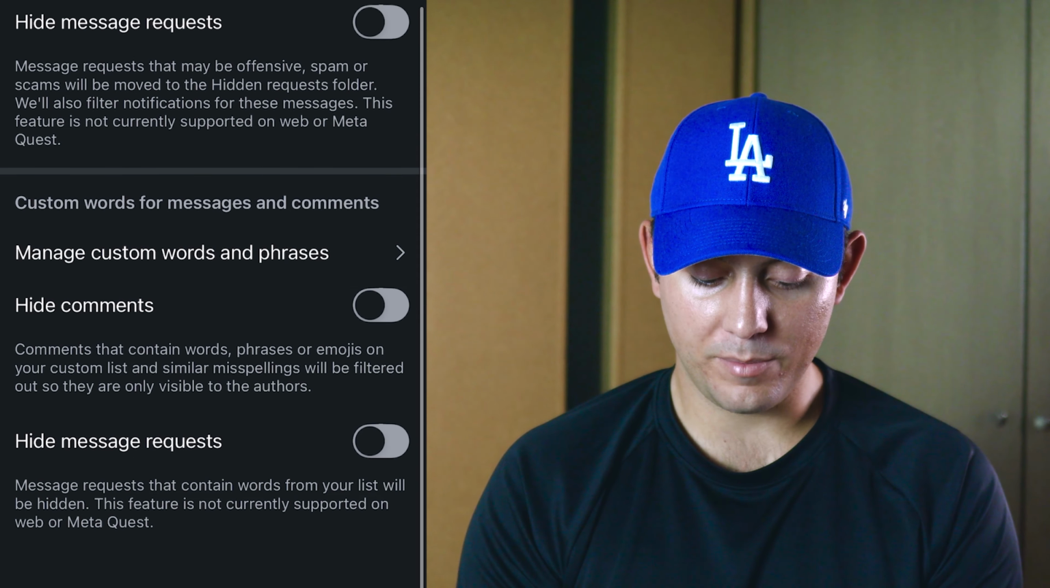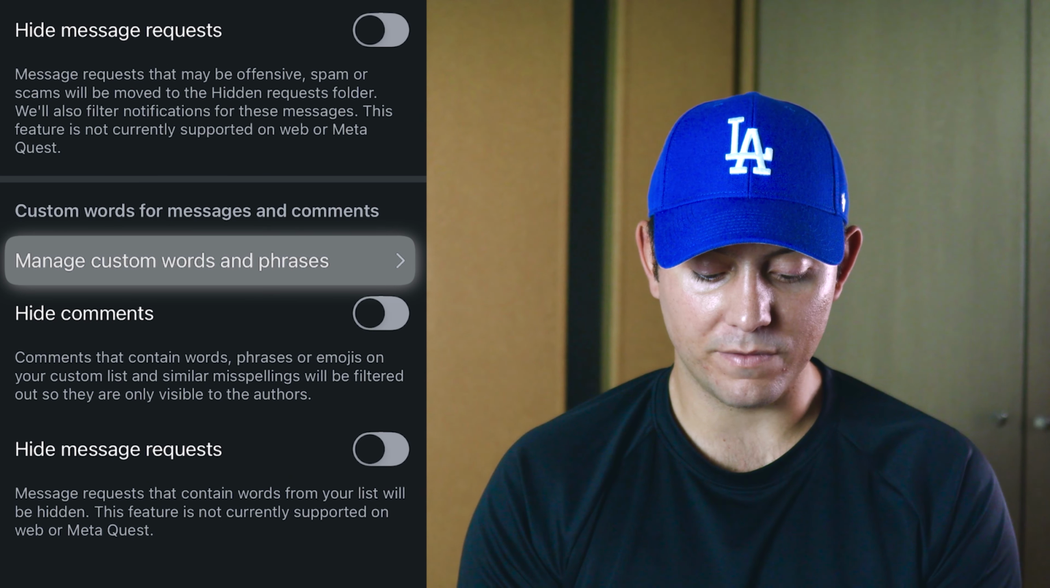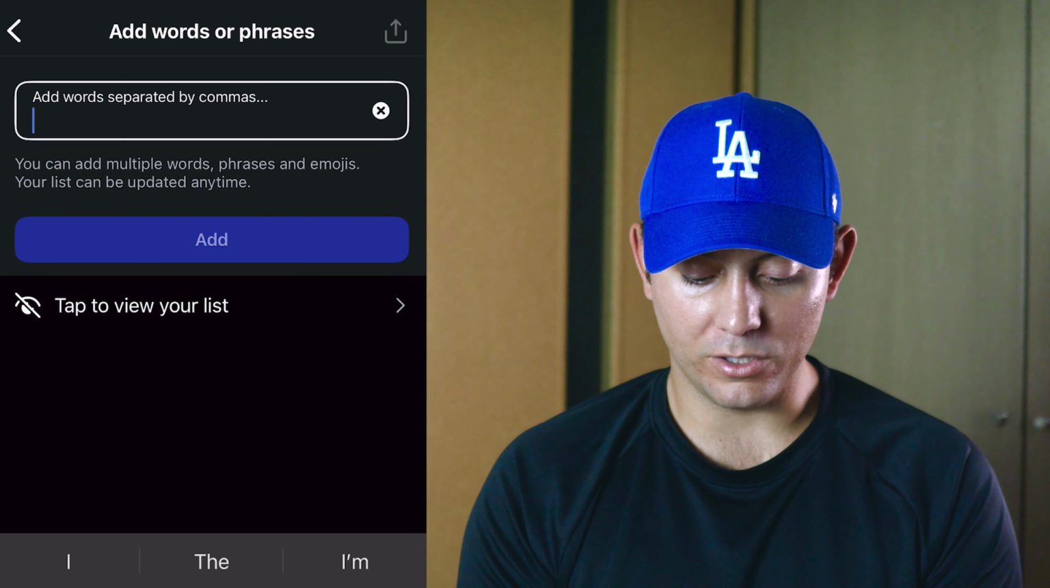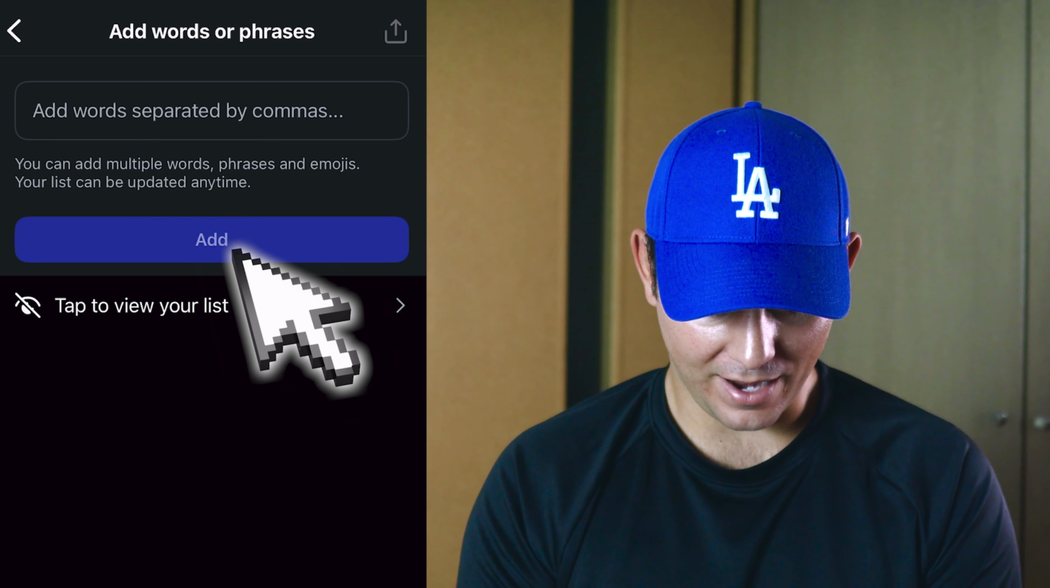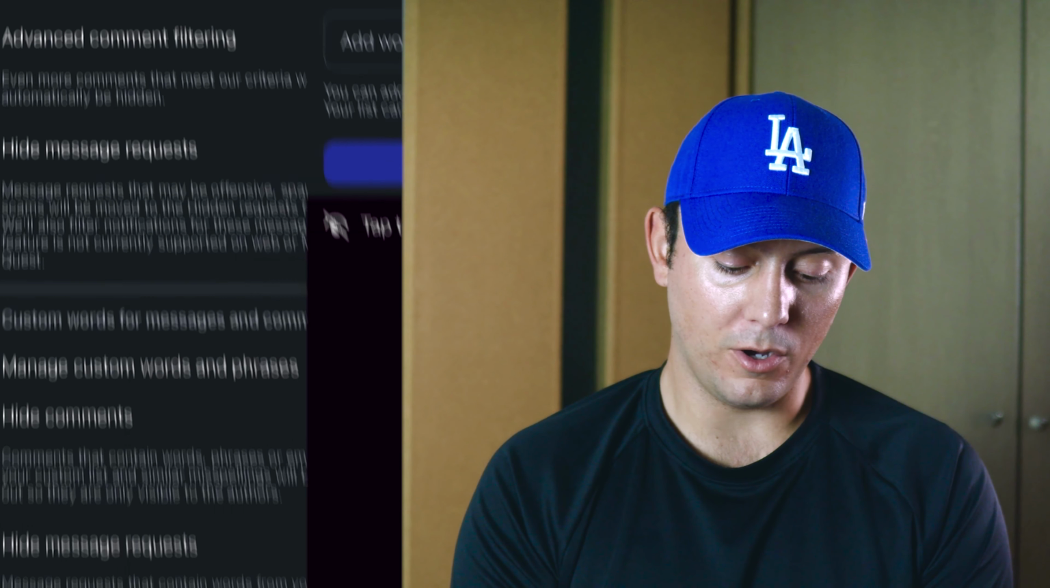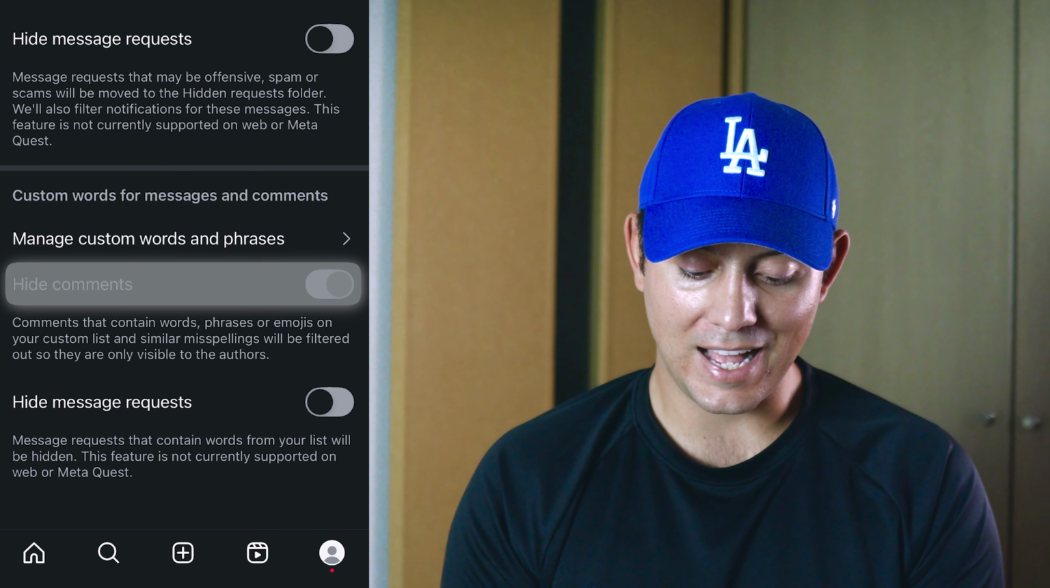Here, we'll scroll down to the bottom and then click the Manage Custom Words and Phrases. Here, you're going to add any particular words that you want right here, and then click the Add button. Once you have your list of words, you can go back and then you can toggle on Hide Comments and